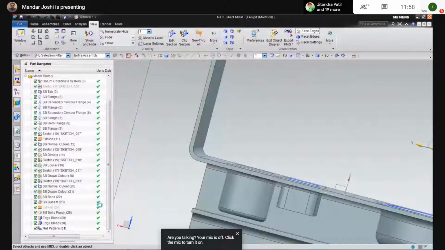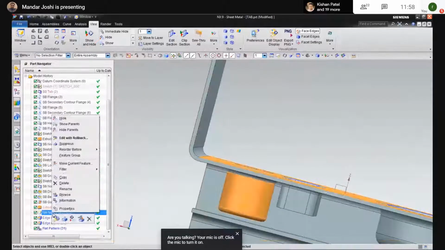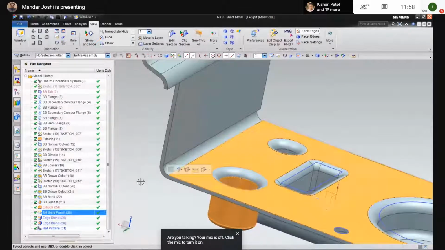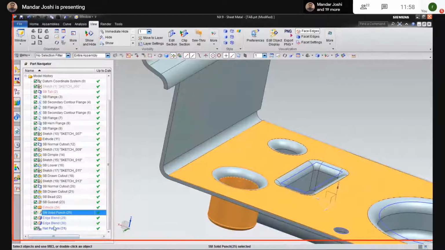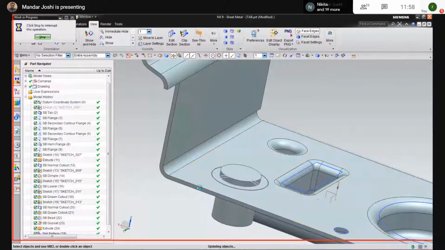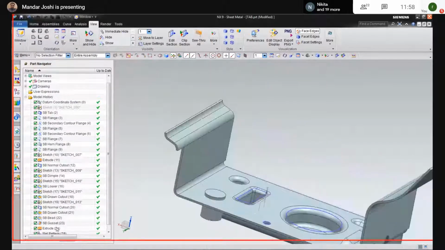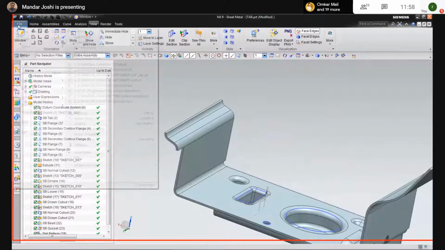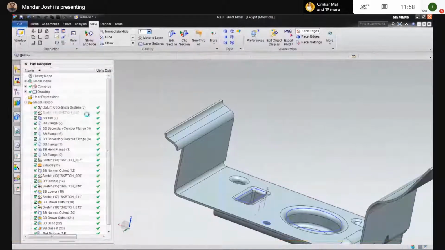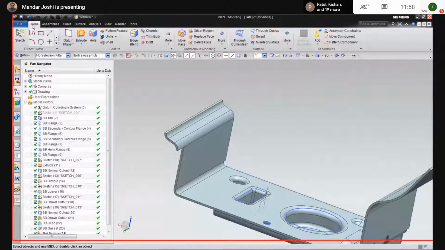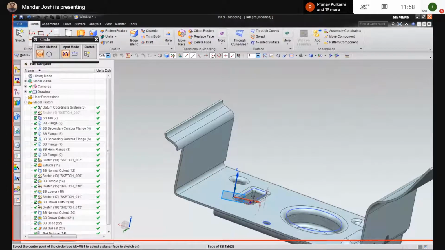Okay, I repeat this process once again. We have to first create a solid body using the modeling option, part modeling. Draw a profile, whatever shape you want.